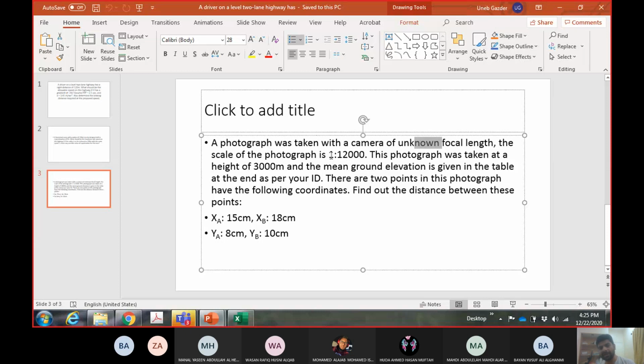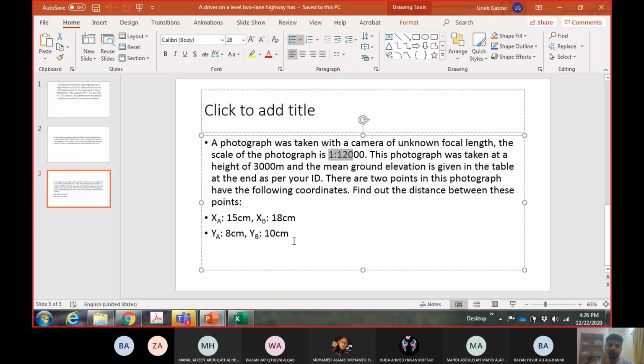Now one more trick here, or one more issue, was with the units. Usually the scale is given in the same units. If it is not, then it will be mentioned that this one is centimeter and this 12,000 is meters. Some of you made the mistake of not converting the units, because these are in centimeters. If you want to apply this scale, then these should be converted to meters, because in this scale both units are the same. You can convert centimeter to centimeter, but you need the answer in meters, so you have to convert it into meters and apply the scale.